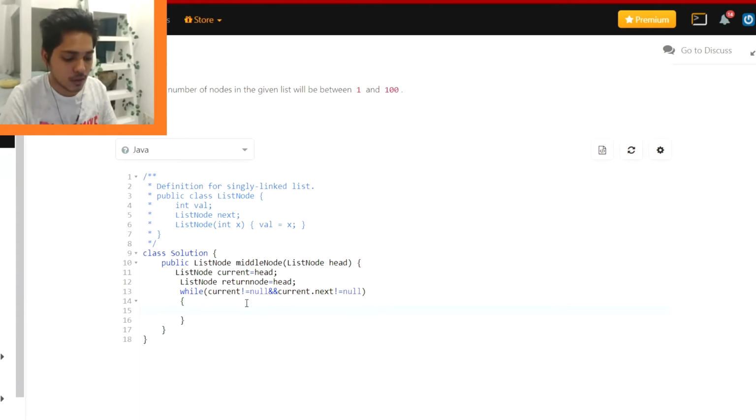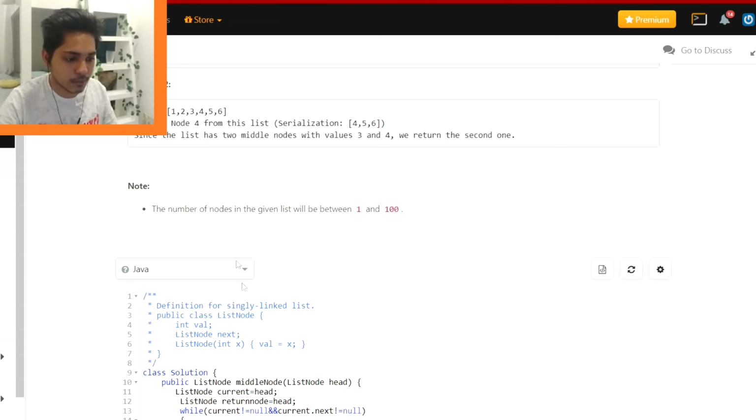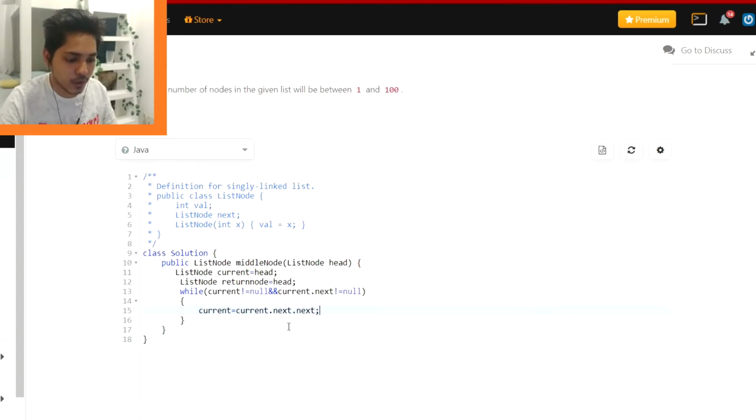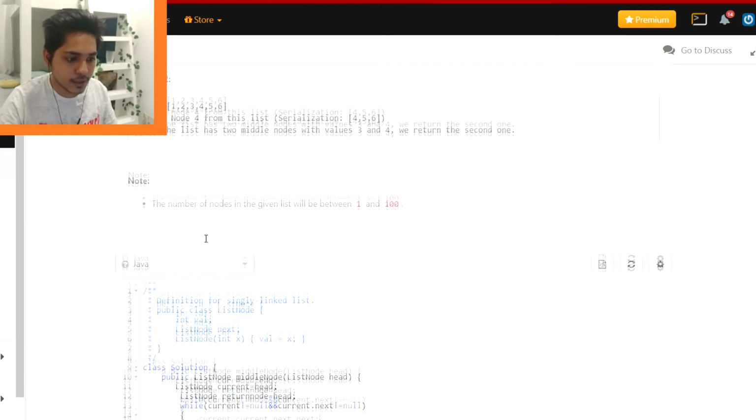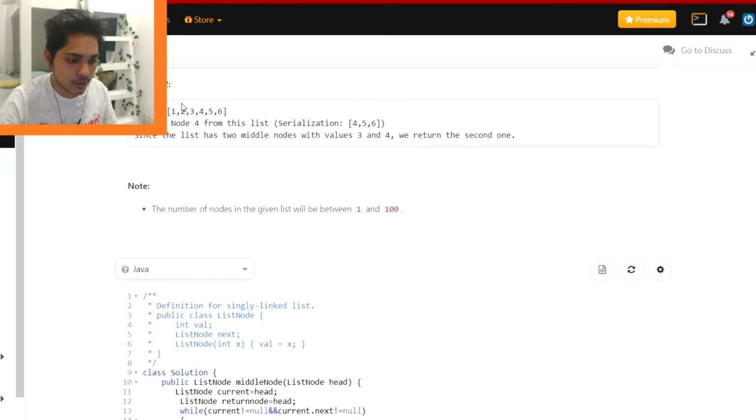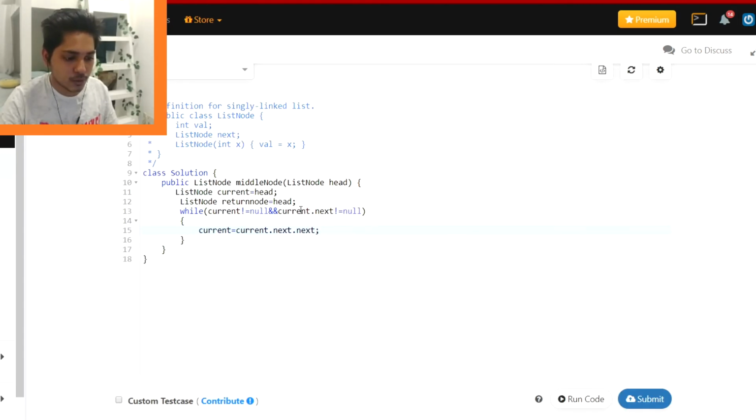Now for current we are doing double jumps, so let's say for example current is right now 1, then current.next means 2, then again next means 3, so directly our current will jump to 3, right?